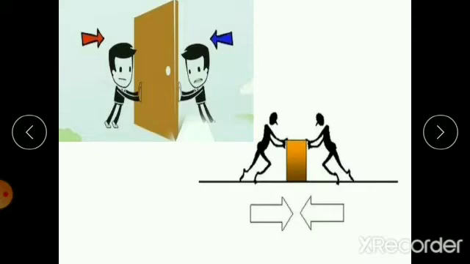If two equal forces act in exactly opposite direction on a body, then the body does not move. For example, you can take your applying force of 50 Newton. What is the SI unit of force? It is Newton. So you are applying 50 Newton force and your friend also is applying 50 Newton force on a door. So do you think the door will move? No, right? The equal forces cancel each other as they are exactly in opposite direction. So the resultant force is 0.